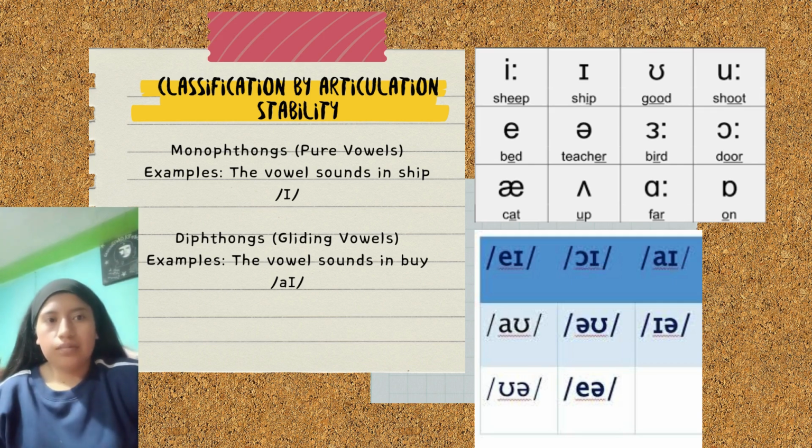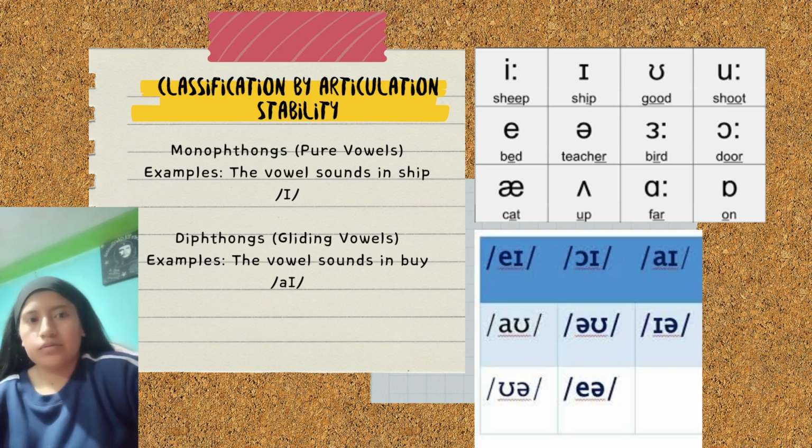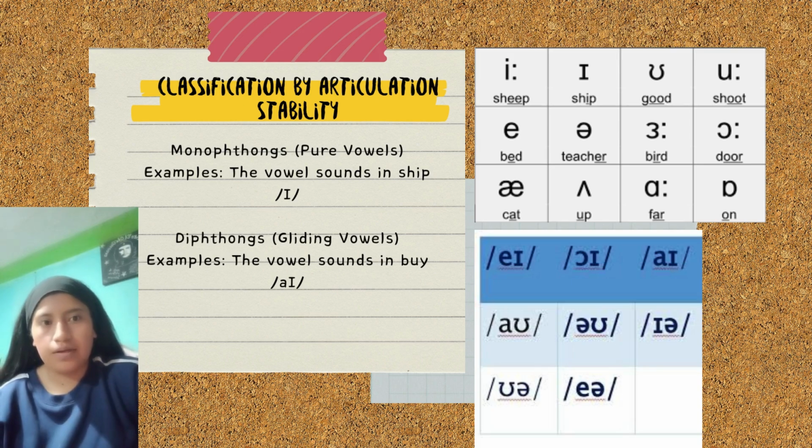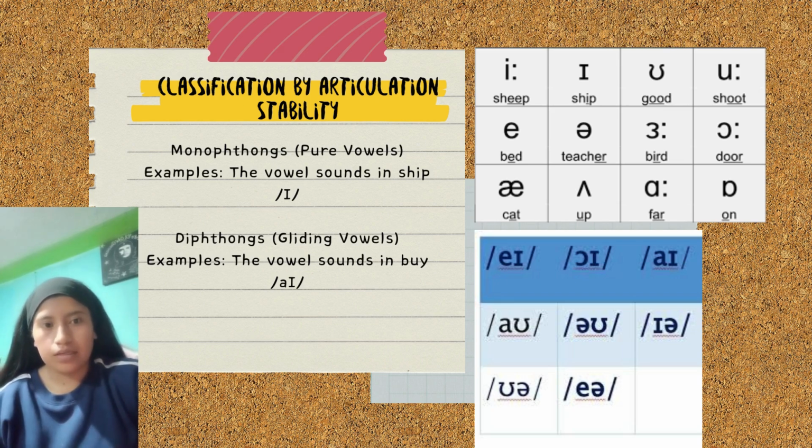The classification by articulation stability. This division is based on whether the vowel quality changes within a single syllable. Monophthongs, pure vowels, have a single unchanging vowel sound. And the diphthongs, gliding vowels, are complex vowel sounds that involve a continuous glide from one